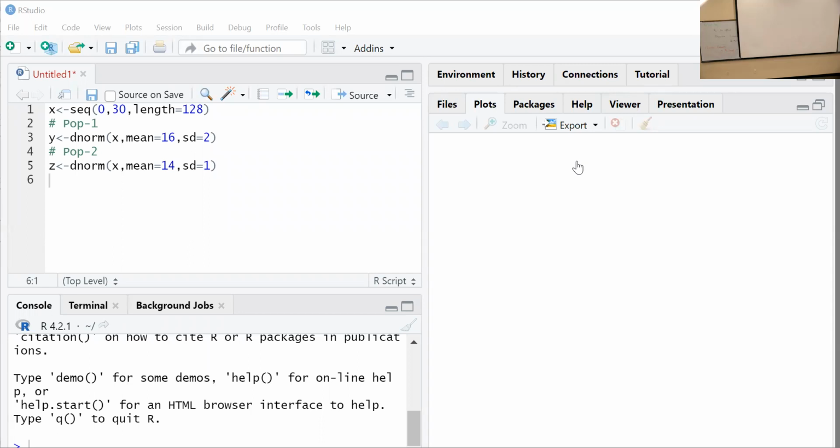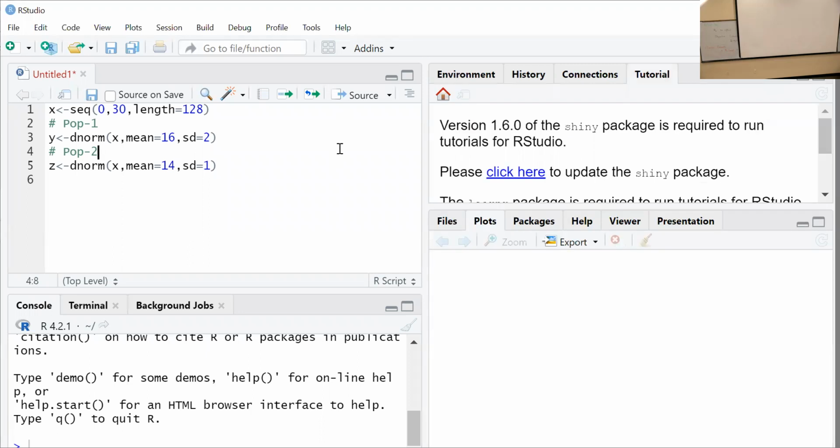So what I'm trying to show is two different populations. One has a mean of 16 and a standard deviation of 2. The other has a mean of 14 and a standard deviation of 2. If you don't understand what the population is, let's say population 1 is the number of days